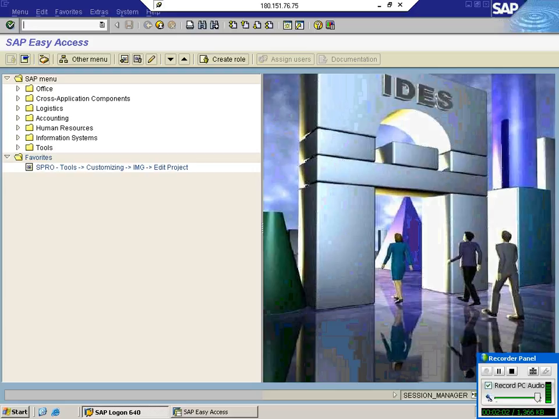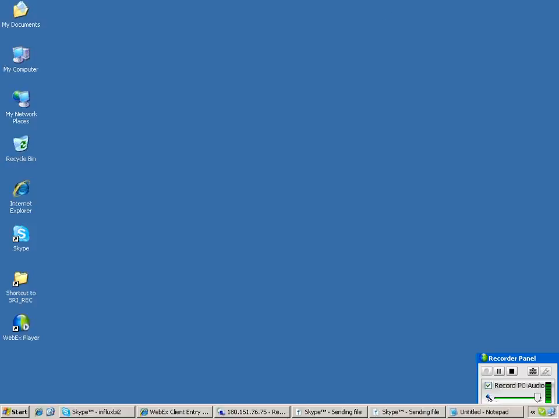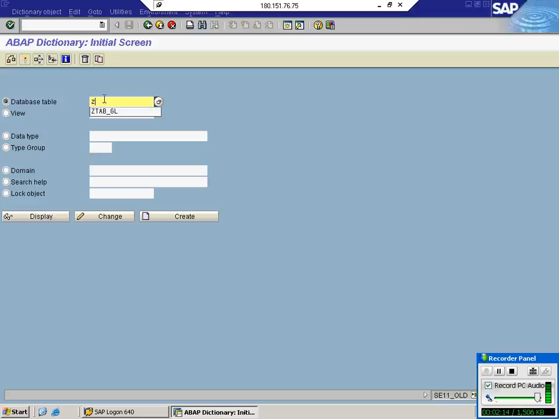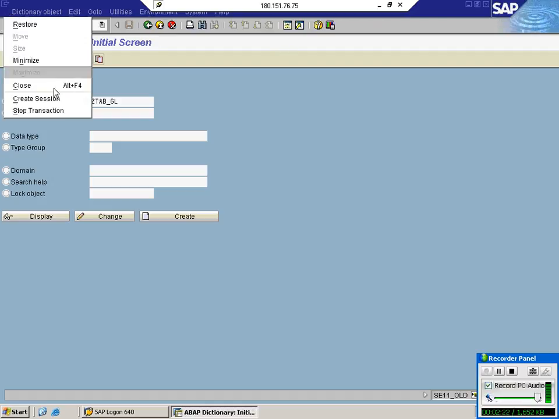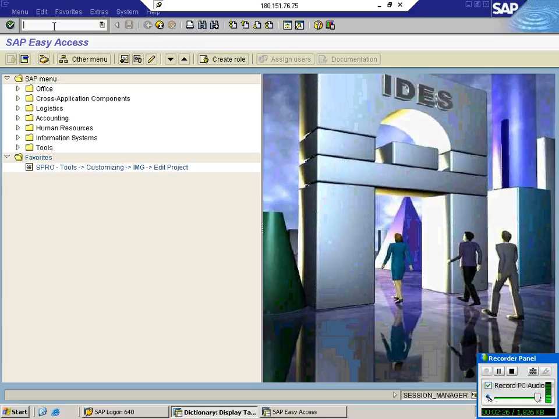Sorry. So we have created a table. This is the table we have created, and we have posted some entries to this table also. So I just want to create the data source.